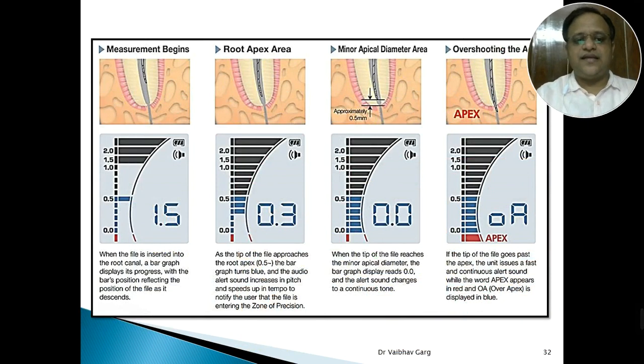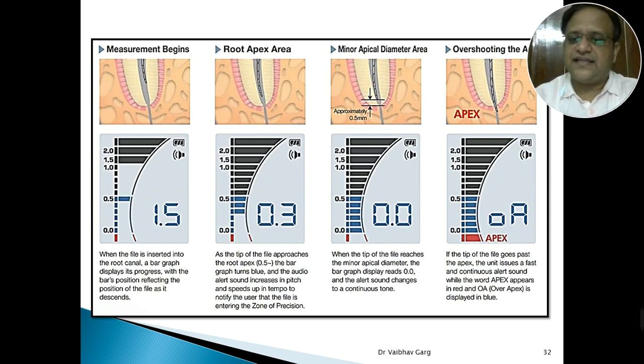So how does an apex locator give you a reading that it has reached the apex? All the apex locators have a common area called 0.0 or 0.5. This is the apical area that you have. So if the electrode that you have attached to the file, and there is a lip clip, and you get a reading between 0.0 and 0.5, you are in a safe zone. You are approximately 0.5 mm short of the apex, or just behind the constriction. So if you get this 0 reading or 0.3 reading, you are in a very safe zone and you can work upon that. Certain brands ask you to calibrate your apex locators according to your personal choices and results.